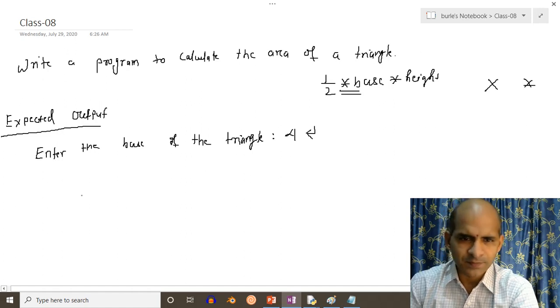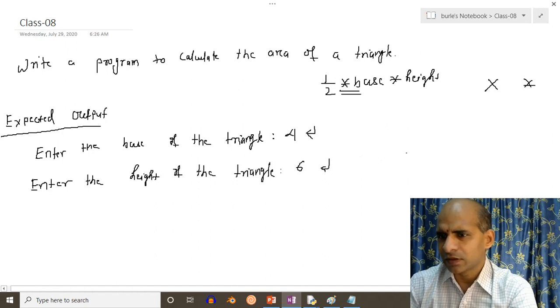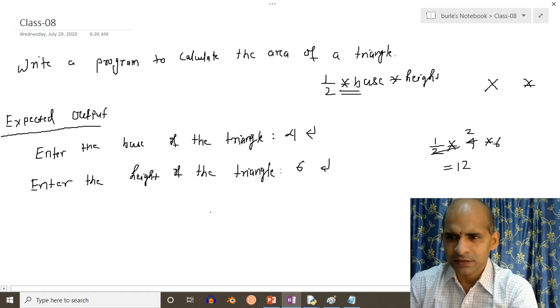This is the symbol of enter, and enter the height of the triangle. So let it be 6. So here at the rough or outside you have to make a calculation, half into 4 into 6, so it is 2, and the area of a triangle is 12. So now here we have to provide area of the triangle